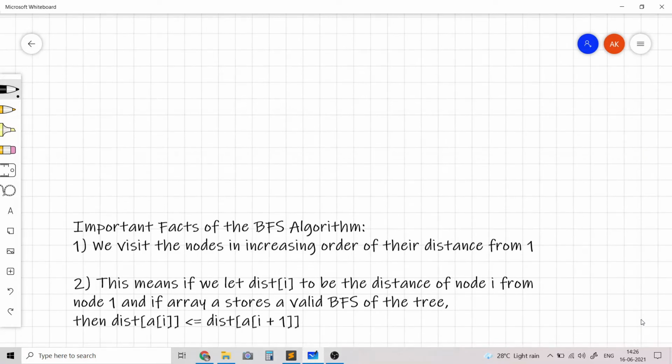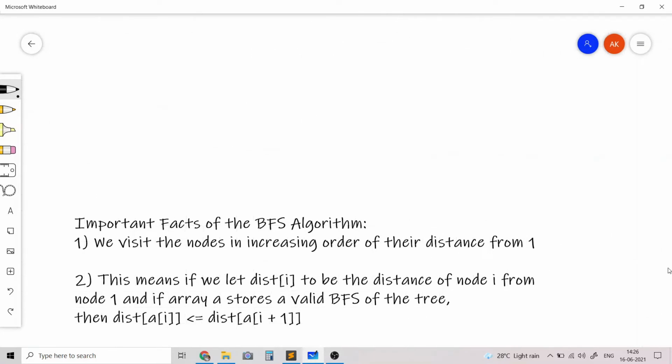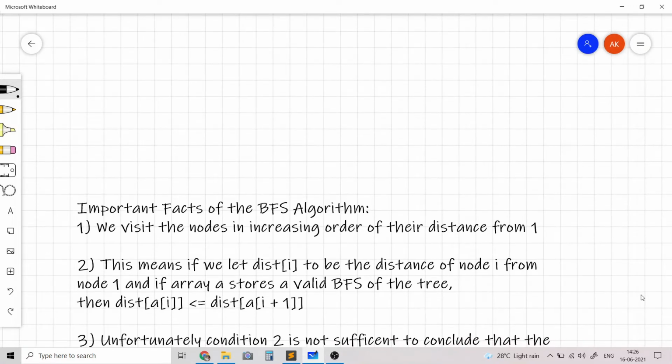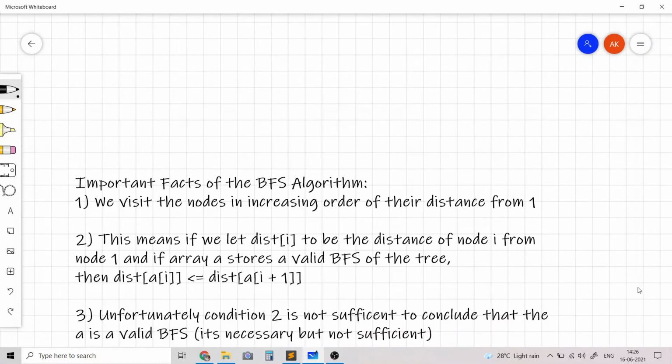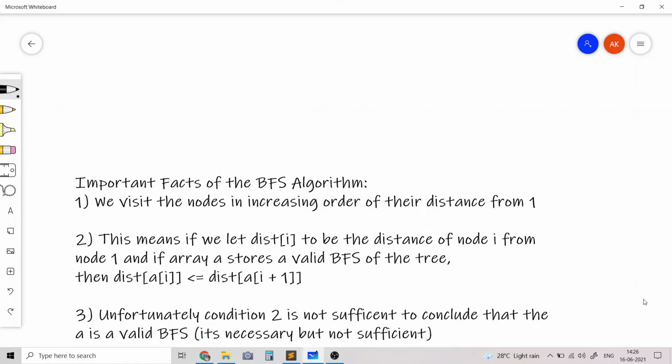However, this property, which follows from the first idea, is not sufficient to conclude that A is indeed a valid BFS. And this is where most solutions would get a wrong answer. If you only implement the second idea by just checking the condition that distance of A[i] is less than or equal to the distance of A[i+1], it's not enough to conclude that A is a valid BFS.